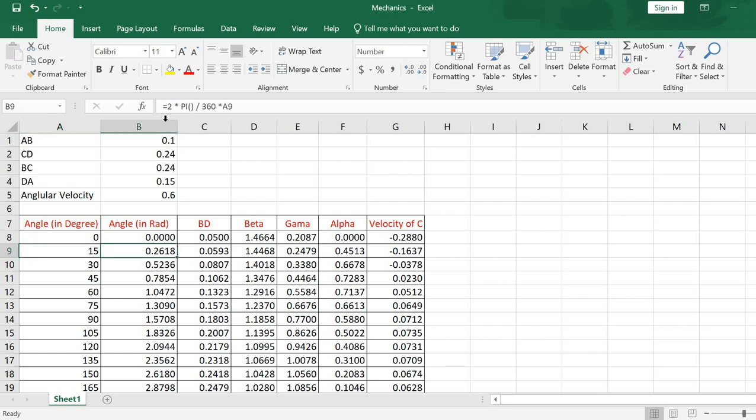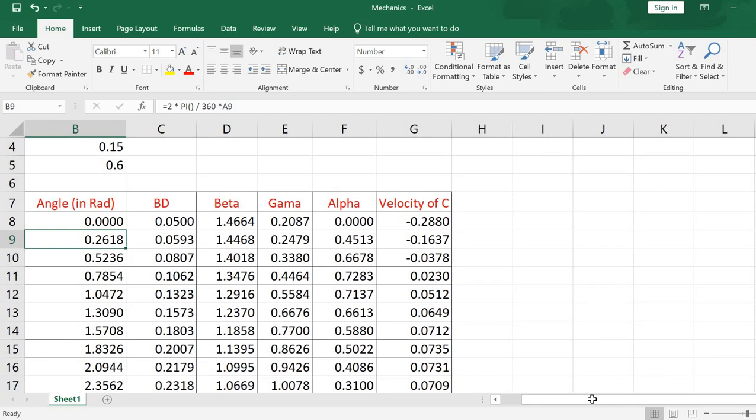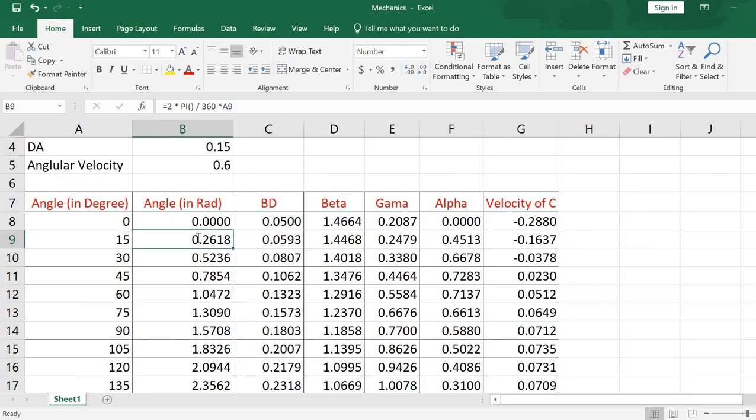Here, as you can see, I'm going to zoom in a little bit. When you are using pi, you should write it like this. When you write pi, it would show this. It returns the original value of pi, which is 3.14. So you can directly use this pi function over here.